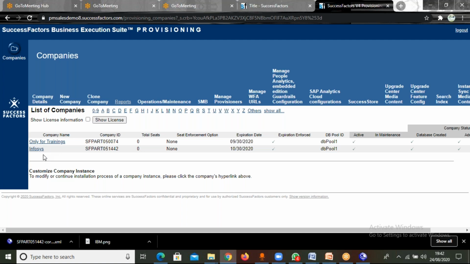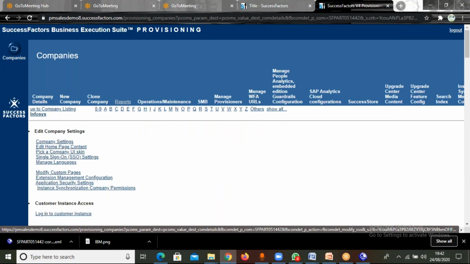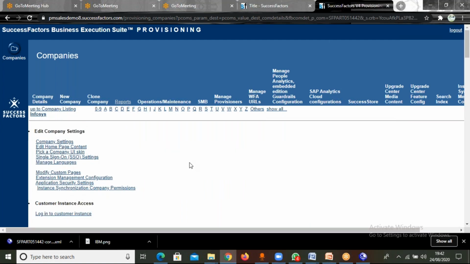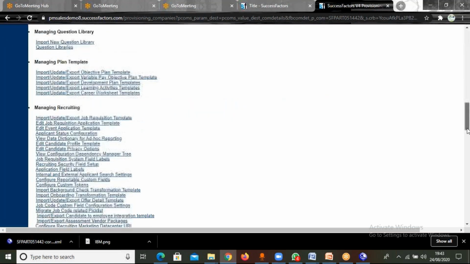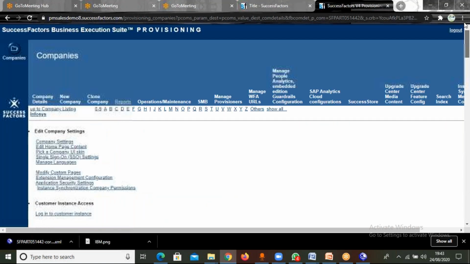After getting my client's company listed in my company section, I have to click on that company first, and I have to create the first super admin, because the super admin is the very first person who logs into the client instance. Now, after clicking on company settings,